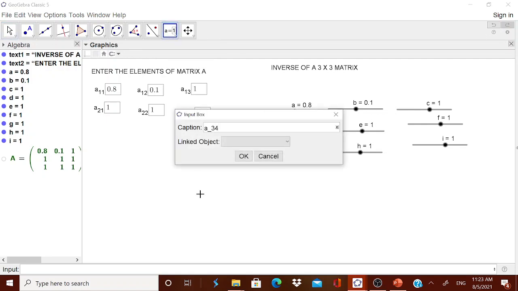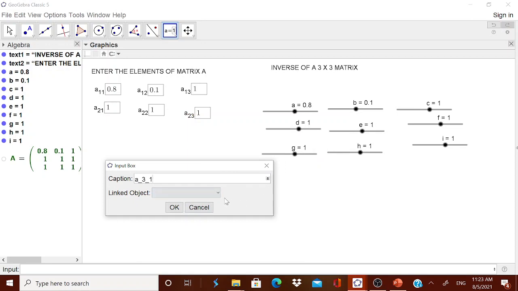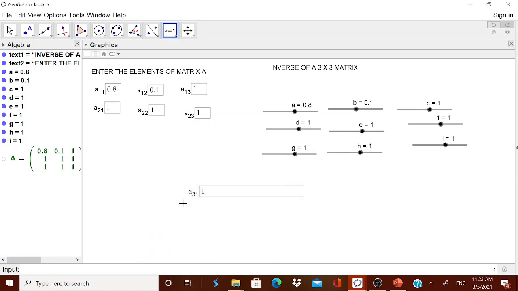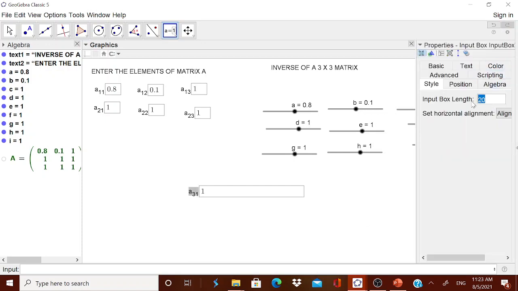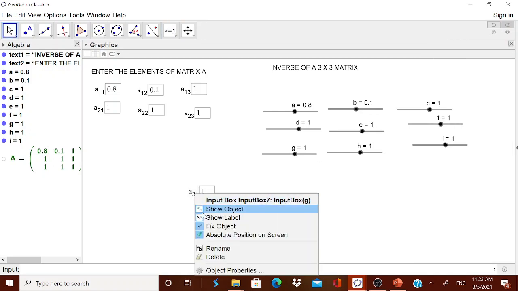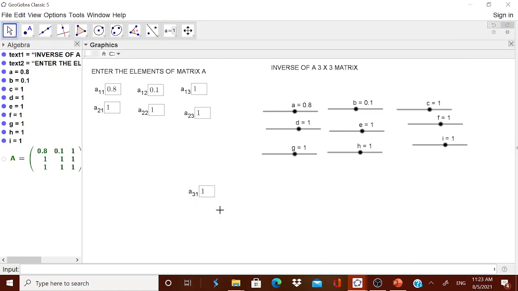Therefore, third row, underscore 1, therefore first column. Okay, the linked object is G. That is why I didn't remove it for you, or you can keep it in mind. For G, right click, then go to the object property. Here I am making it 3, because I want to reduce it, and then fixing the object, removing it, only then can you move it and put it over here.